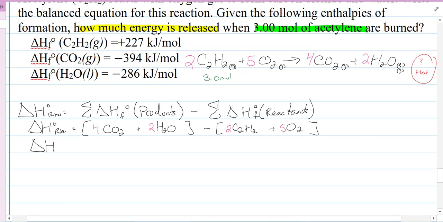Delta H standard of the reaction would equal 4 times CO2, which is negative 394 kilojoules per mole, and 2 times water, which is negative 286 kilojoules per mole. Minus 2 times acetylene, which is 227 positive,